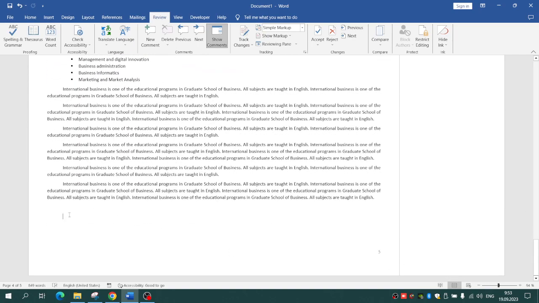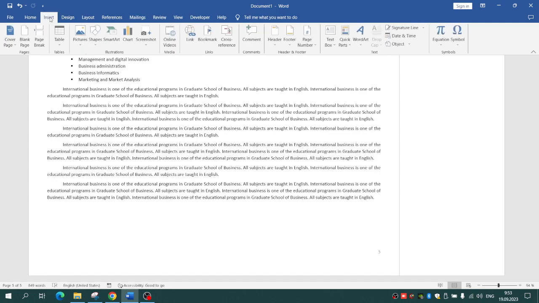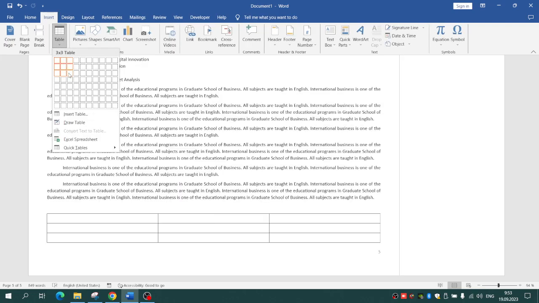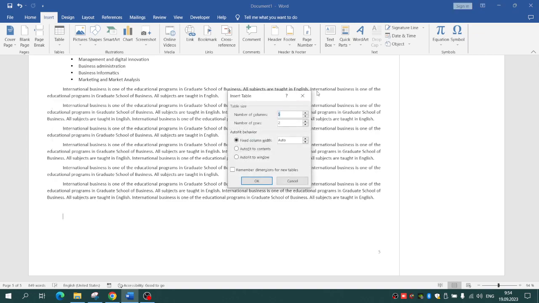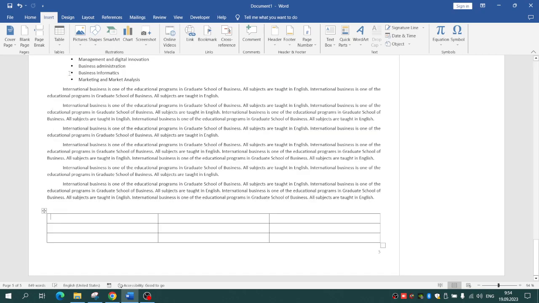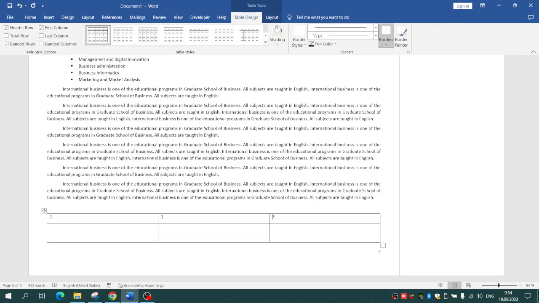I'm going to show you two menus for the table. So we are going to insert menu and then we are going to create the table. The first option to create the table is just to draw it, or you could just press insert table and enter the amount of columns and rows that you're going to have, but I'm going just to draw it. And let's just add some numbers, so let it be 1 2 3 4 5 6 7 8. It doesn't matter. So when we are in the table, we could see two menus: table design and layout,